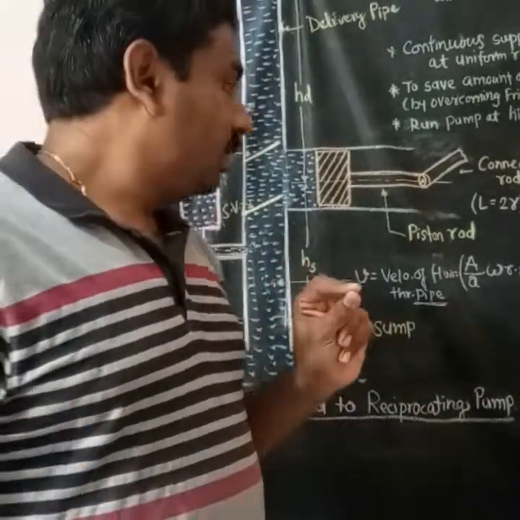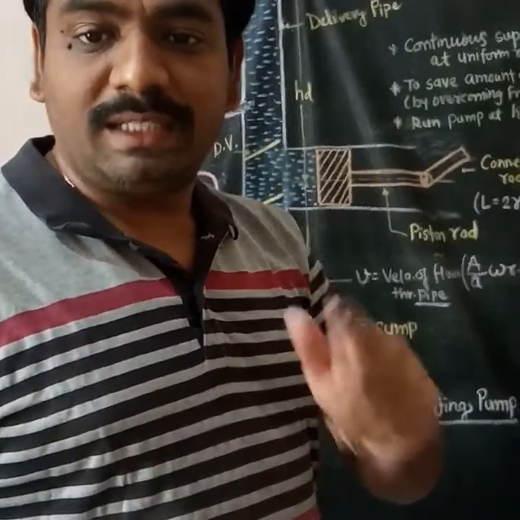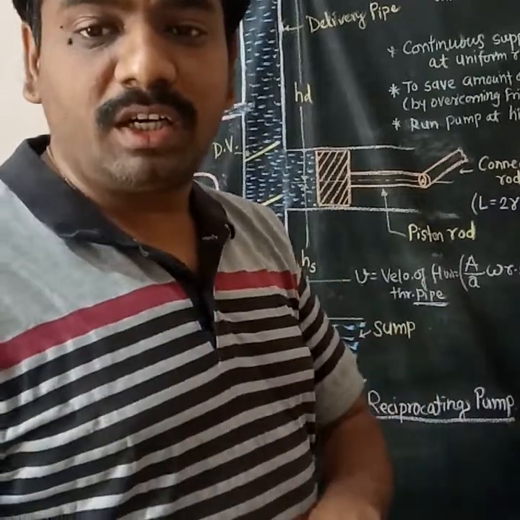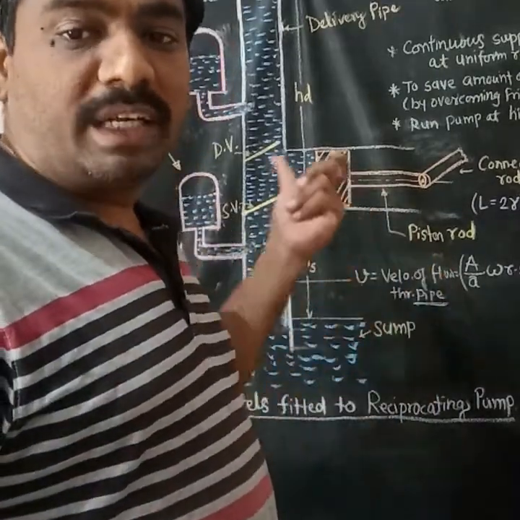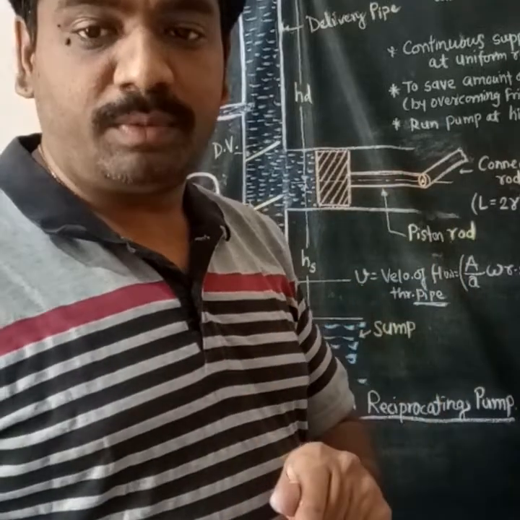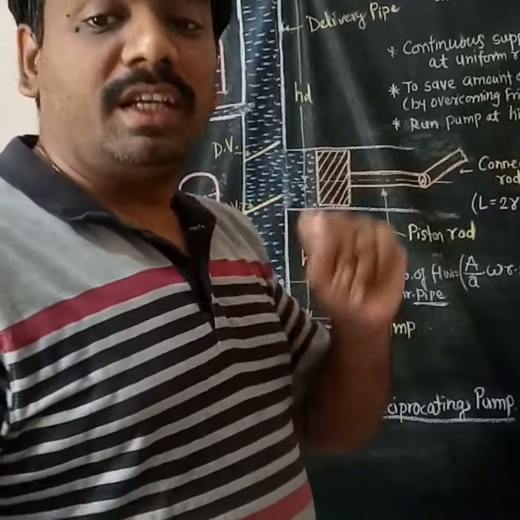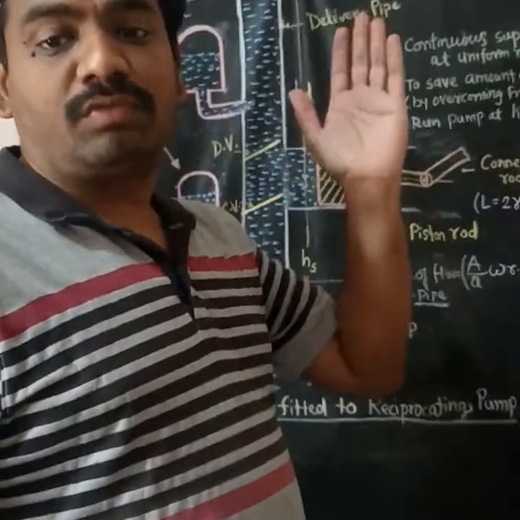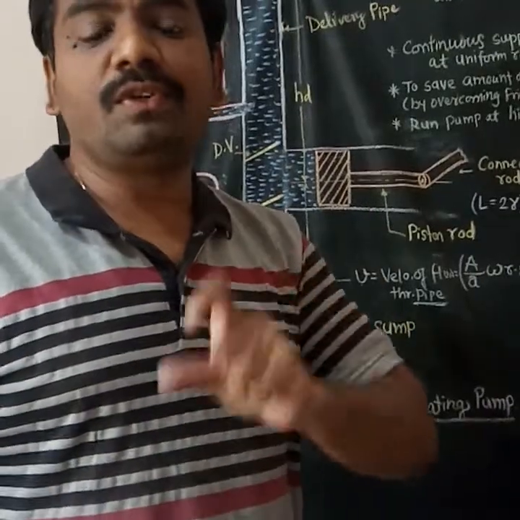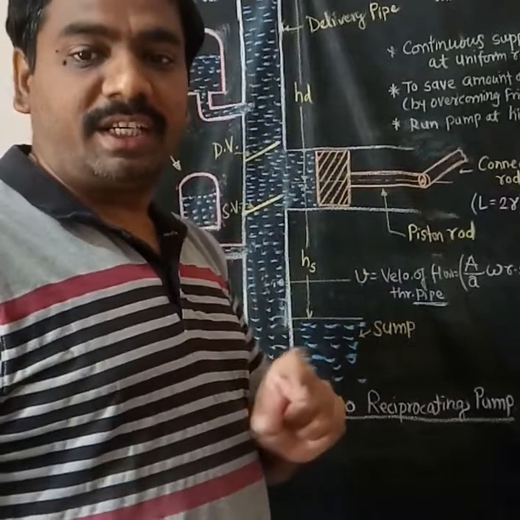Okay, and during again the second half of the delivery stroke, the retardation will take place, and because of that retardation the discharge will be less, and that's why the velocity will be less than the mean velocity of the fluid in the delivery side. That's why the discharge of the flow needs to increase and reach a velocity equal to the mean velocity of the flow of the fluid in the delivery pipe.